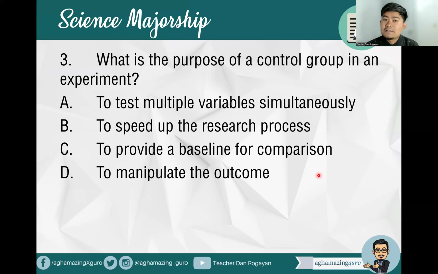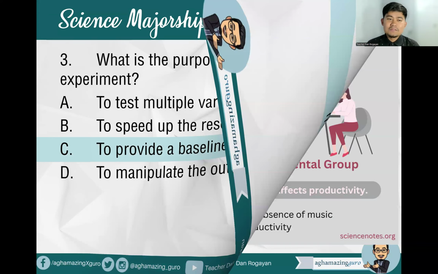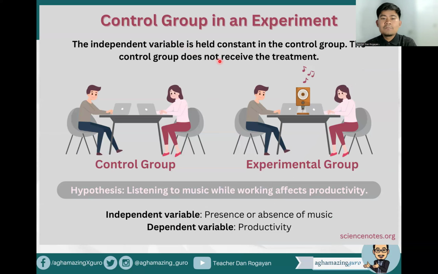So what is the correct answer for these questions, future LPTs? That's correct. A control group should serve as a baseline for comparison. Remember, in an experiment we have the experimental group and the control group. So the independent variable is held constant in the control group, while the control group does not receive the